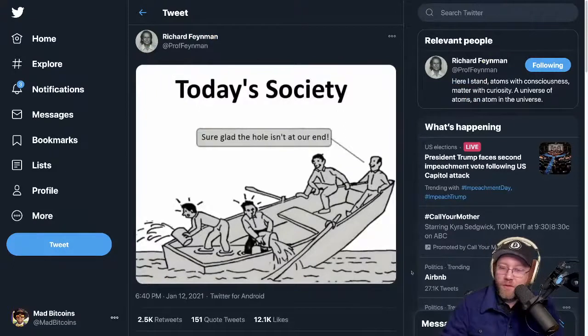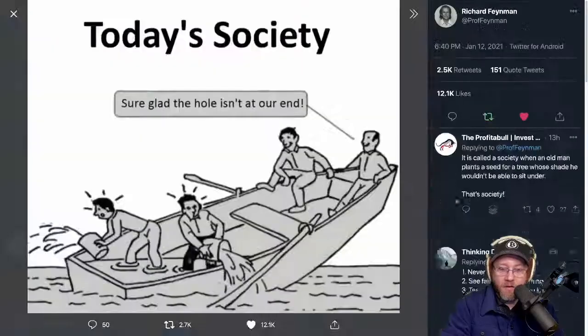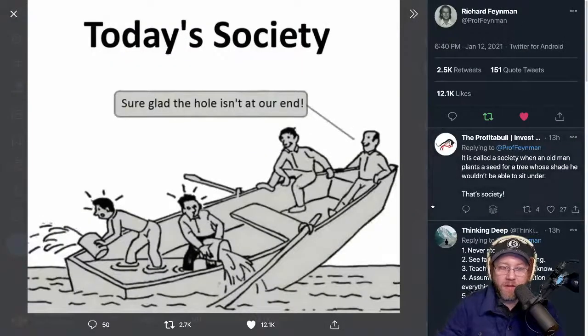I thought this is a really great comic strip from the Richard Feynman at Prof. Feynman account. Obviously not the real Richard Feynman. He passed away decades ago. But it's a great little cartoon, and it shows a boat, and there's two men in the top of the boat and two men in the bottom who are bailing. And the two men at the top of the boat say, "Sure glad the hole isn't at our end." So it says at the top,